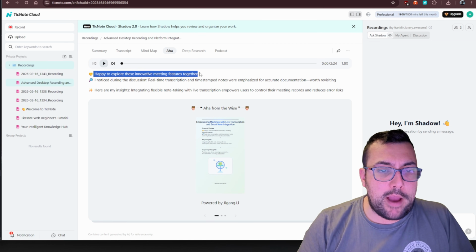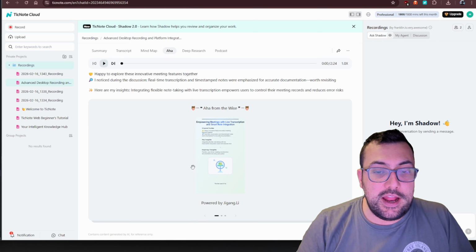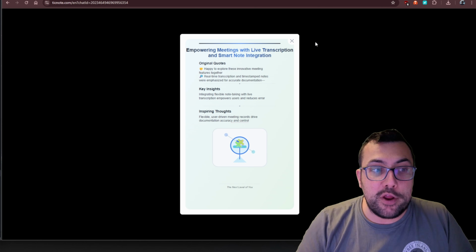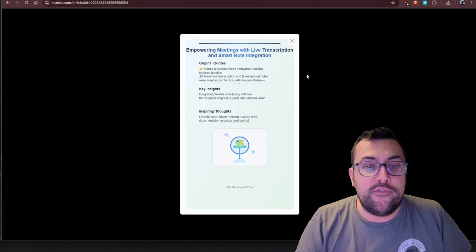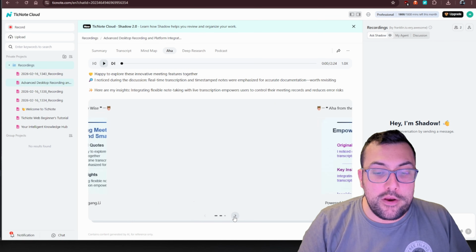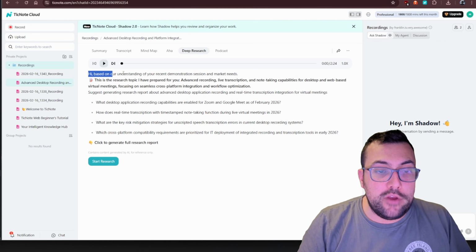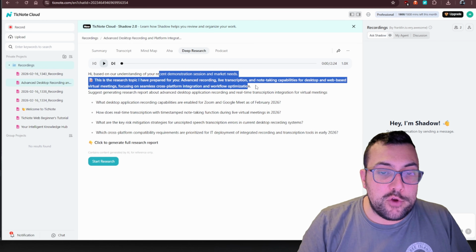So you can see I'm happy to explore these features together, and I noticed the discussion in real-time transcript, and it even makes this little chart for you that you can look at, like a little infographic, and you can see the quote and key insights, and it doesn't just make one of these, it makes multiple, and it's kind of cool. We even have deep research, so based on my understanding, we want to research the topic, and